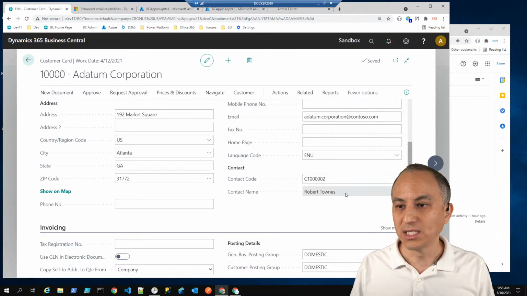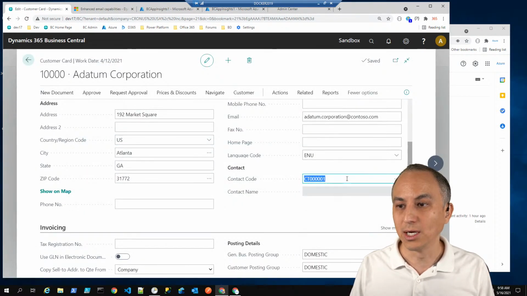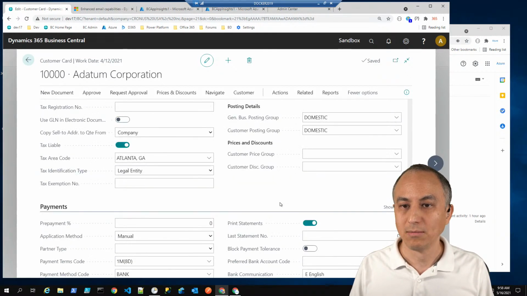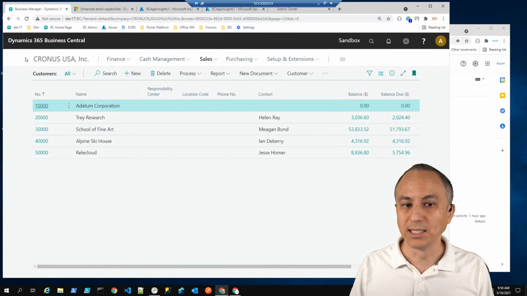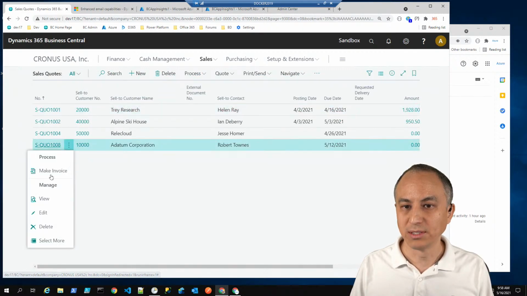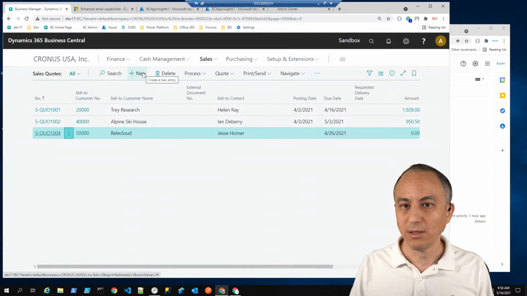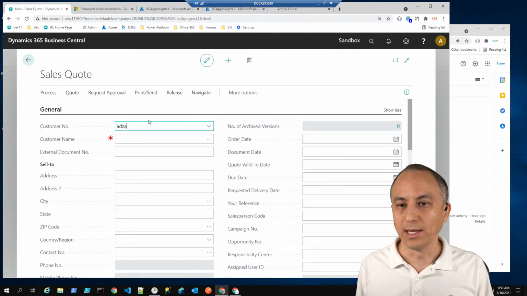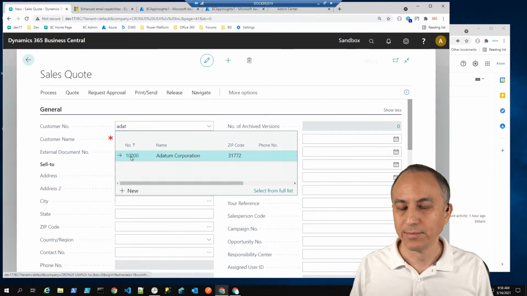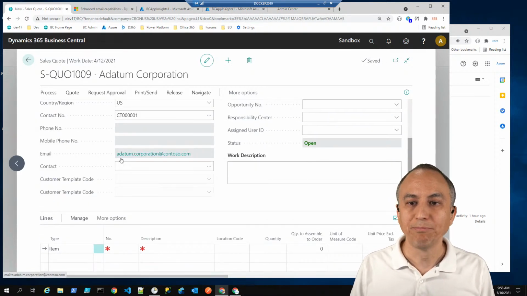So now instead of this contact code, I'm going to change this to a Datum Corporation contact code. What's interesting is there's no contact name here. And this is company. It's not person. Exit. Sales. Quotes. Get rid of this one. Yep. New sales quote. ADatum. ADatum Corporation. So